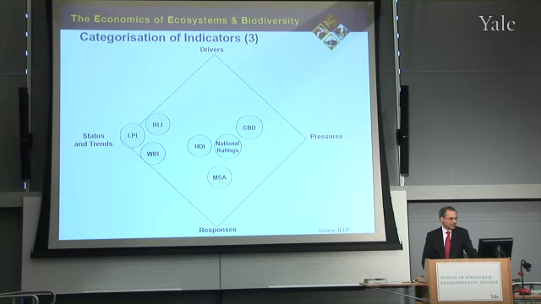And yet a third way is to look at this whole idea of drivers and pressures. In other words, are they helpful in measuring the state of ecosystems and biodiversity, or are they more helpful in identifying what are the pressure points and what are the drivers of loss of biodiversity? Or are they actually measures of policy response? What's been done about it, and therefore what is the impact of what's been done about it? So you can classify it in that sense as well, and then see whether they are more about pressures or drivers, whether they're more about responses or the state of biodiversity.